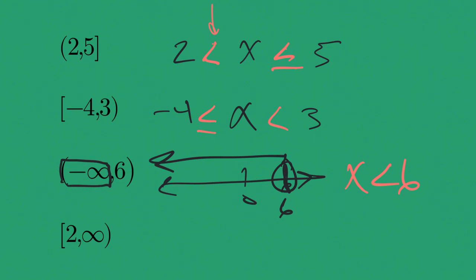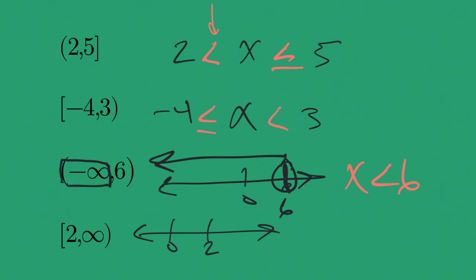Now, look at the next one. Which way is this one headed forever? It's headed to the right forever because we see positive infinity on the right side, okay? So again, if we go to a number line here and we try to get a visual of what's going on,